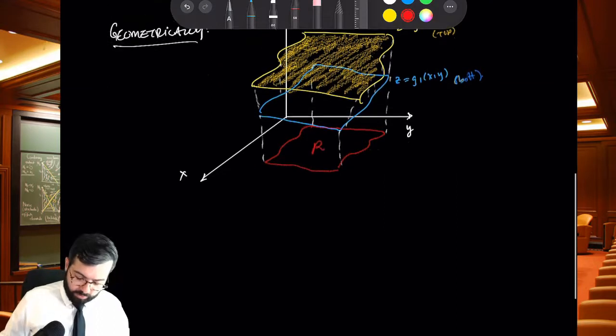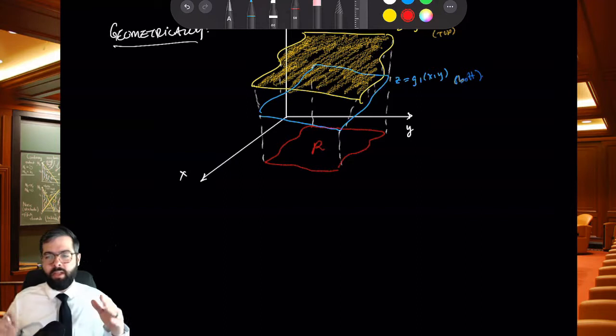So call this R down here. And R is a type 1 region,